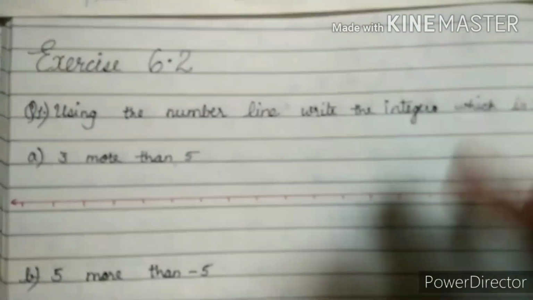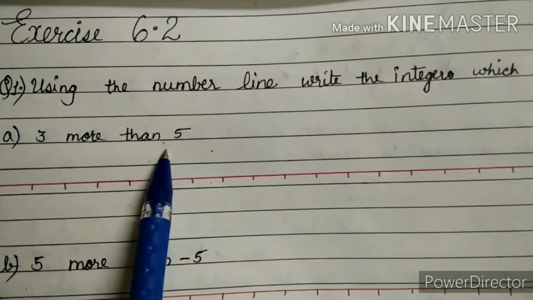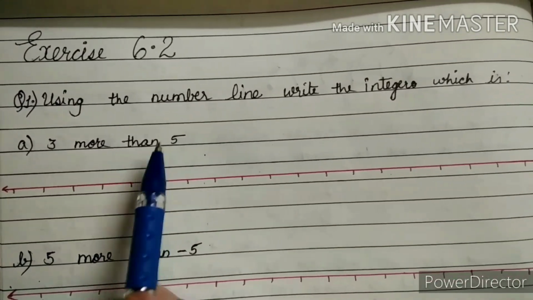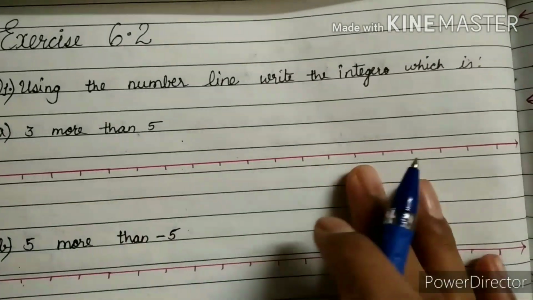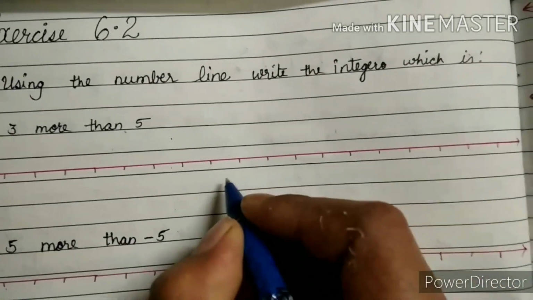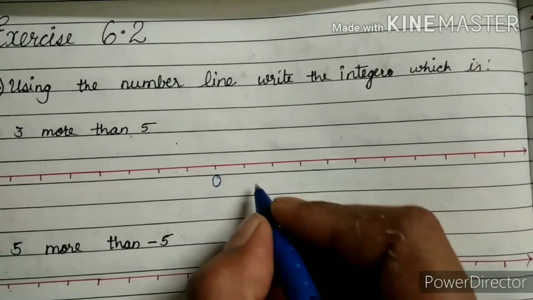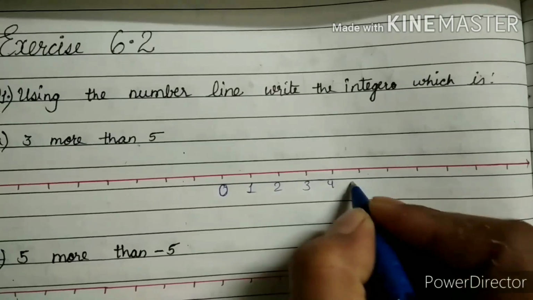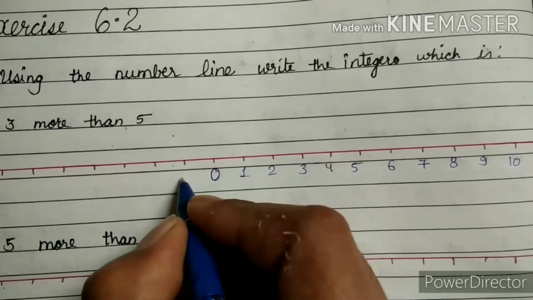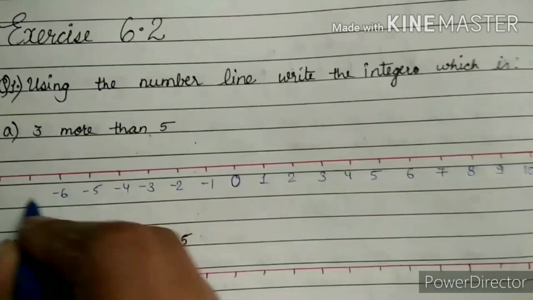Question first is: using the number line, write the integer which is. Part a is 3 more than 5. So we have to show what will come when we go 3 more from 5. Firstly we have the number line that I already drew, but I did not put any integer. So firstly we put 0. On the right hand side of 0 we have all the positive integers, that is 1, 2, 3, 4, 5, 6, 7, 8, 9, 10. On the left hand side are negative numbers: negative 1, negative 2, negative 3, negative 4, negative 5, negative 6, negative 7,